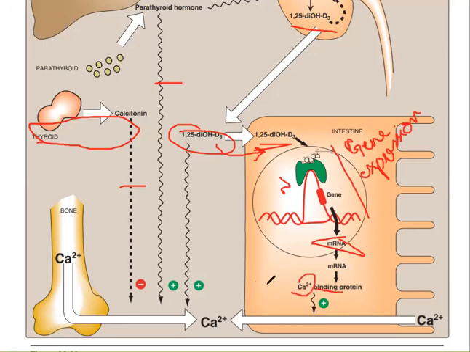We call it calmodulin. There are many things that are not written here. Definitely when you will be studying pathology and physiology, you will be learning a lot more details of it. So it binds to that, it becomes activated, and then this calcium from your gut, that you're taking in as food also, is going to the blood. This calcium binding protein is activating this process of calcium, and then this calcium is going